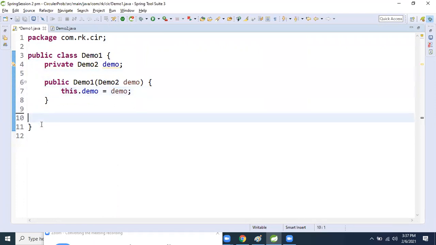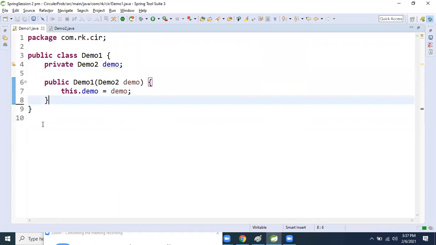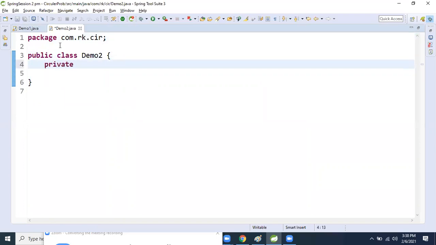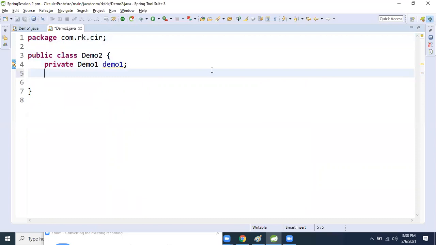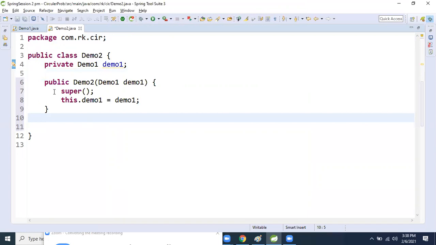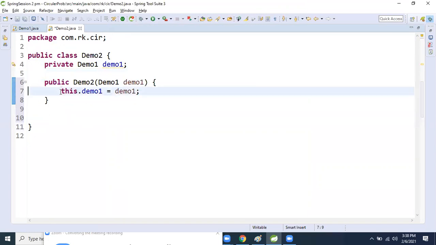Now the same thing I will do here also: I will take the Demo1 attribute, the Demo1 dependency, inside this one. Now this one also I will inject using constructor only.